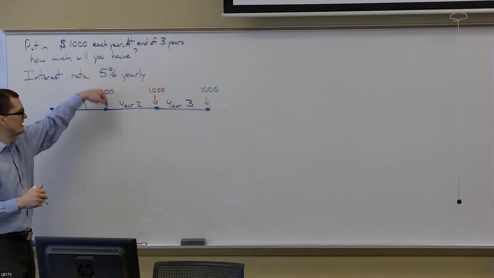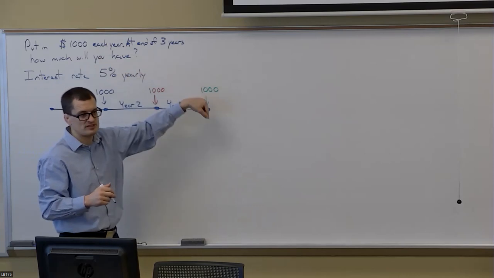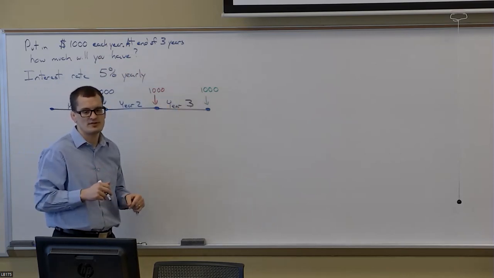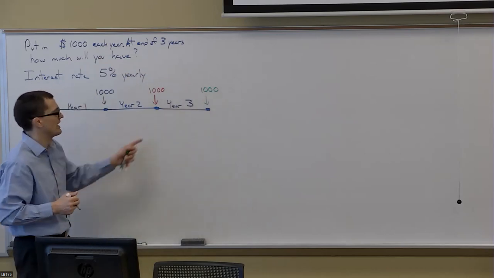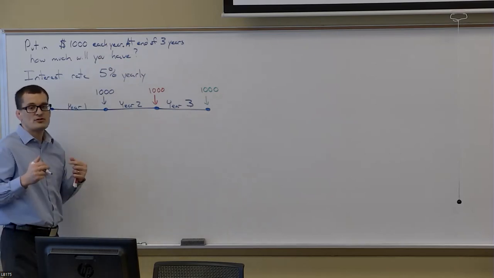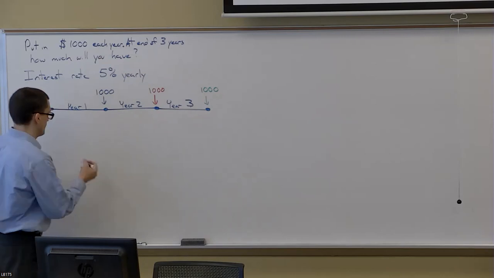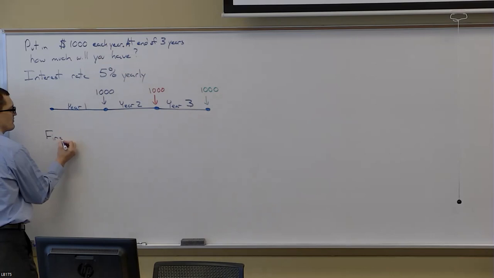This is what an annuity does. It just puts in, and then the next year it puts in the same, and then the next year it puts in the same. And you can do this over and over and over. Now, if I'm going to calculate how much I have at the end of 3 years, with the tools we have right now, what we would have to do is we'd have to say, well, the first